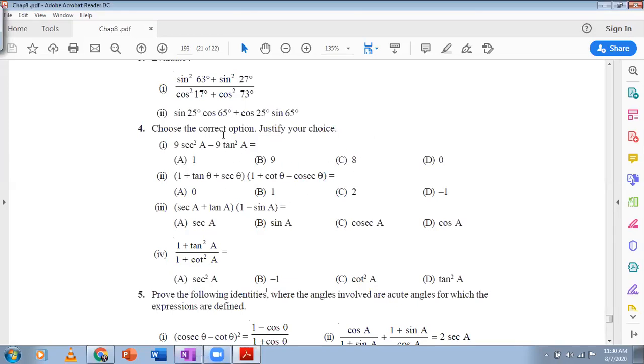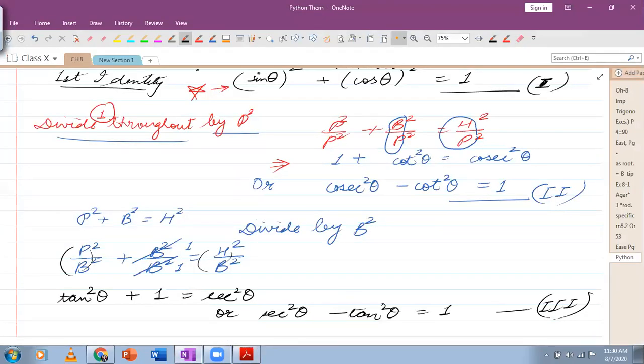So let's just simplify. We did questions like these in 8.1, I think. 8.1 or 8.2? 8.2. We did questions like these in 8.2 as well, where we had an expression और आपको options दी थी to pick the correct value. And what we used to do was we would evaluate the expression in order to identify the correct option. Same thing will be done here. We are going to simplify this expression in order to find out which of the given options is correct. So let's just do that in the notebook.